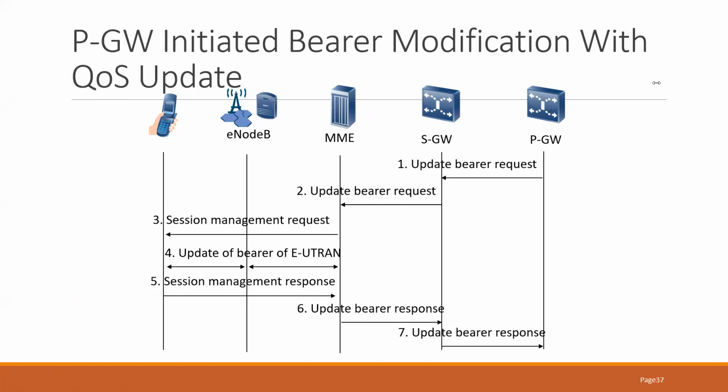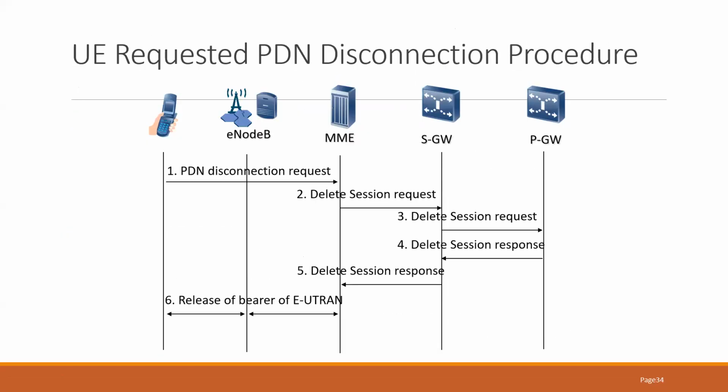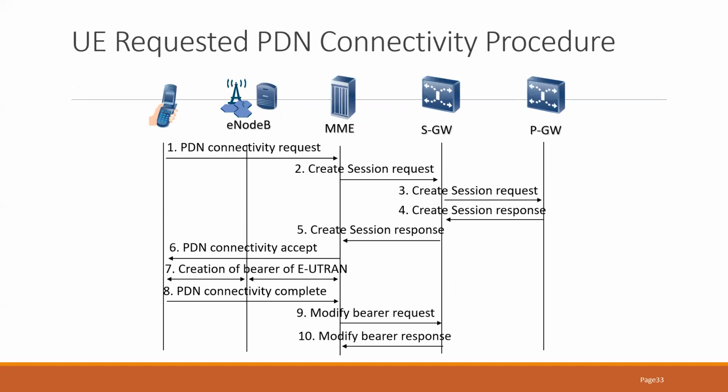In which case does PGW send an initiate bearer? In which cases it is sent is when you have a request, for example, this one. You are sending a service request in which you need to use a service which PGW decides is a certain service, or for example, you have an incoming request which PGW sees requires a higher level of quality of service, and this quality of service cannot be handled by the existing